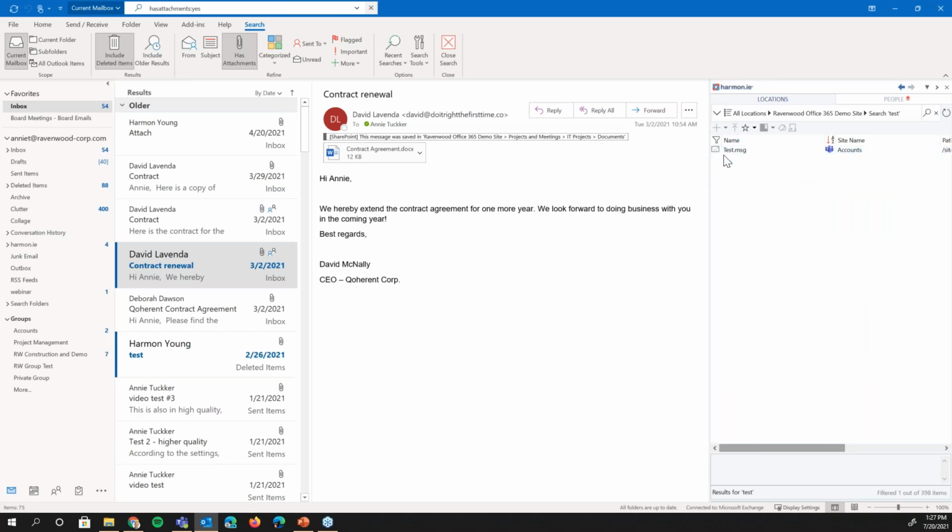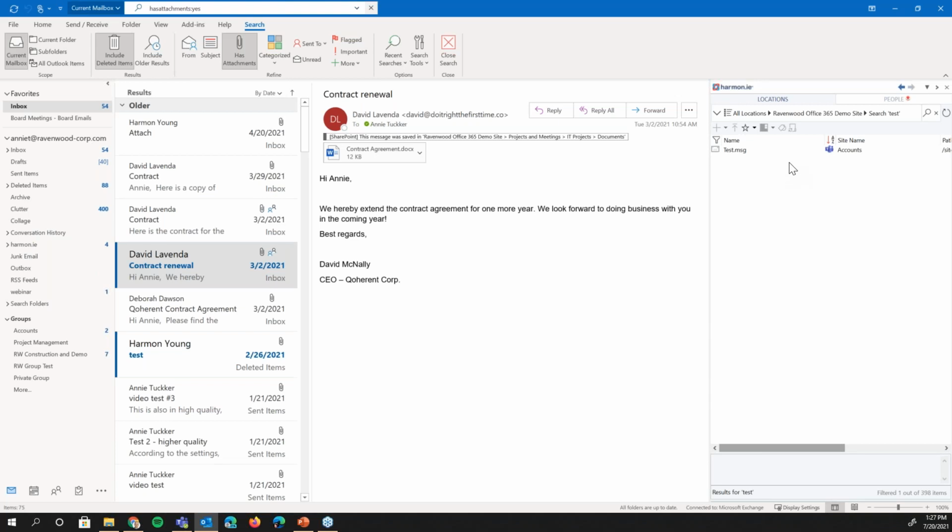So in Teams, I only found one. This is maybe the message I'm looking for. Very easy to do. These are fully visible. I can preview these, open them, check them out, and work on them directly from here without having to lose context by leaving Outlook, going to a browser, and finding a different user interface, user experience. It's all done in the place where people spend their work time. Very simple to do